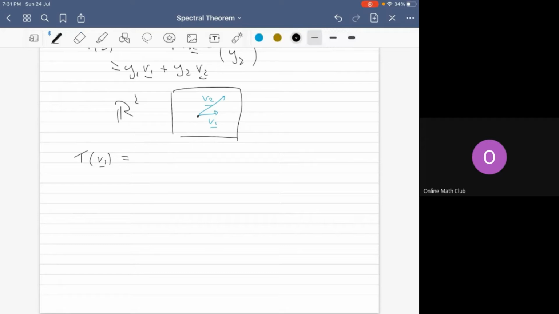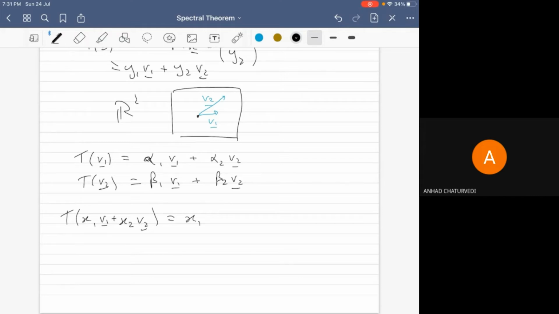Let's do the general case. Let's say alpha 1 V1 plus alpha 2 V2, and T sends V2 to beta 1 V1 plus beta 2 V2. Then notice that T sends x1 V1 plus x2 V2 to, because of linearity, this,